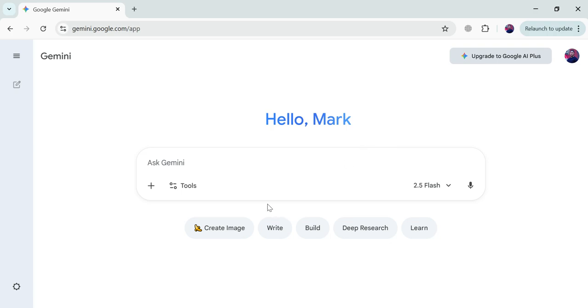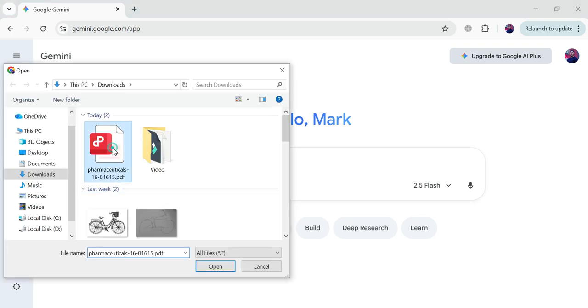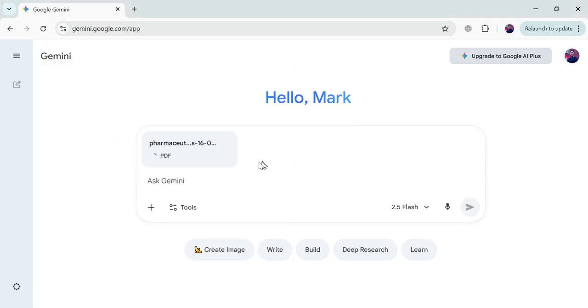Okay, so this is the prompt section here. First of all, we will attach our document file by clicking on this add file button. There's one more thing. If you don't have the PDF file, document file, you can just simply upload the link of that article here and it will get you all the required information. So I have the PDF right now, so I just click on upload files, and this is my article file.